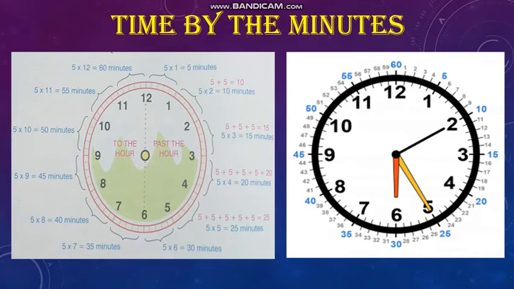There are 12 equal big divisions and 60 small divisions in the clock. There are 5 equal small divisions between two successive numbers. Each big division is an hour and each small division is a minute. Each big division is equal to 5 small divisions, so we actually say the table of 5 while counting minutes.